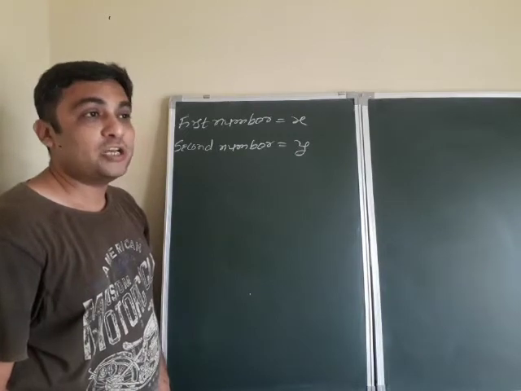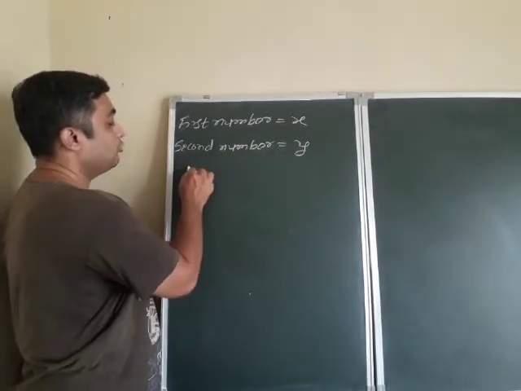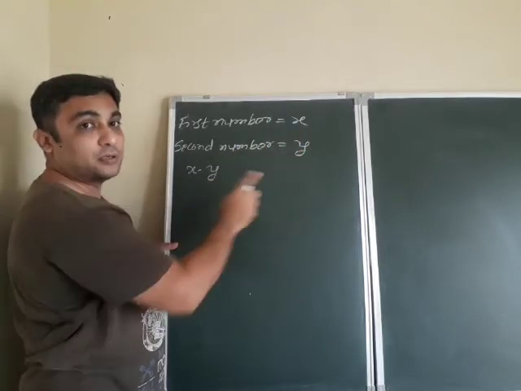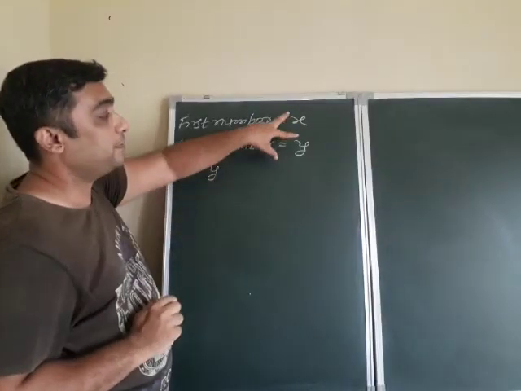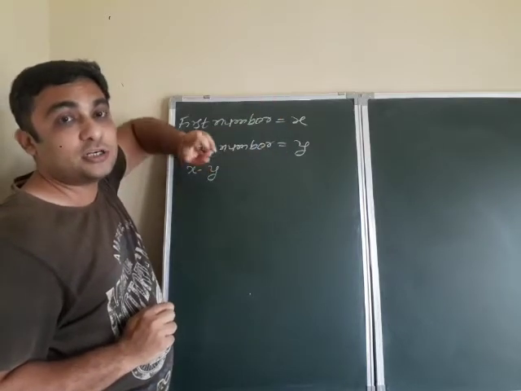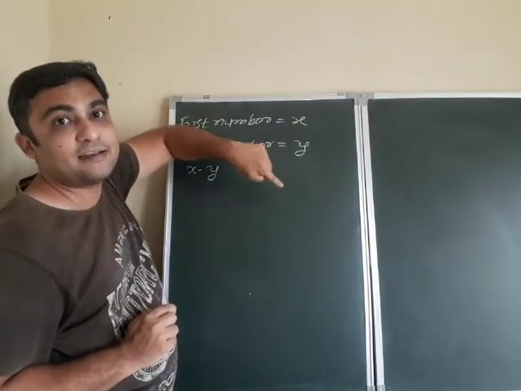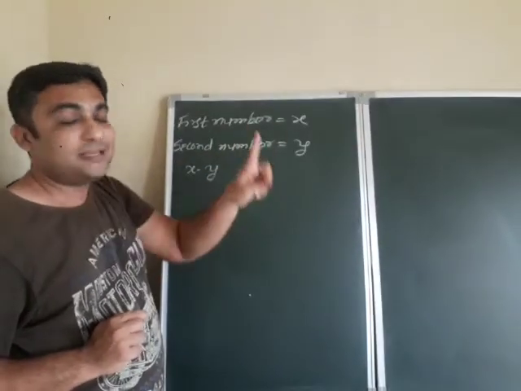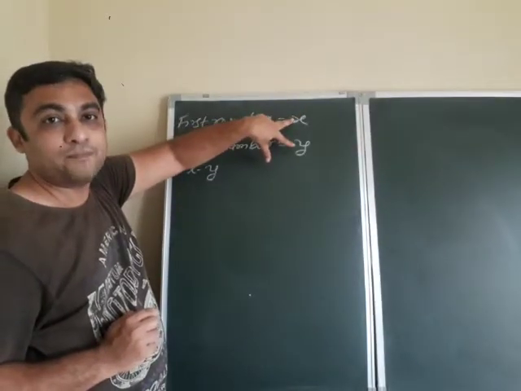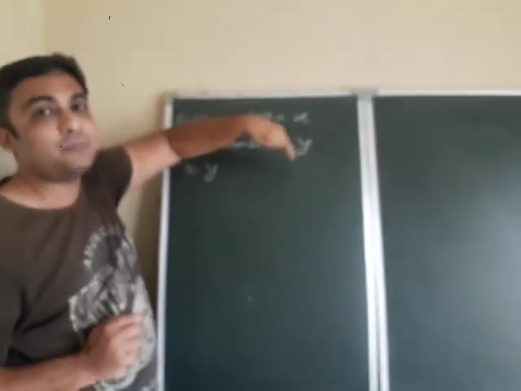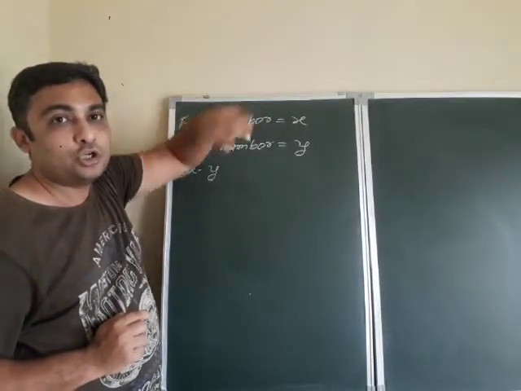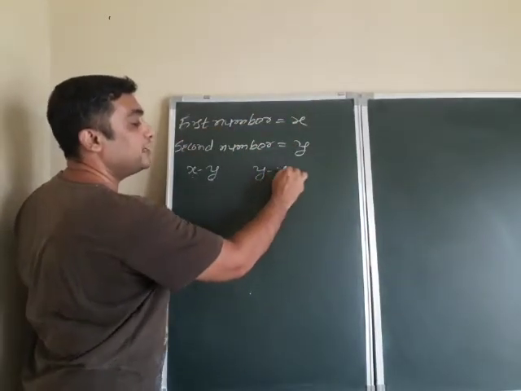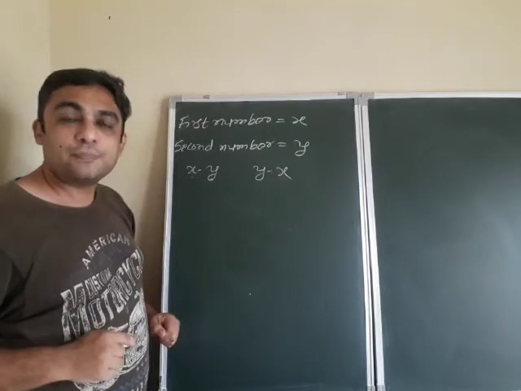Now let me clarify the difference of x and y. We have two differences. x minus y is also called the difference of x and y. Generally you believe it is the difference of these two numbers. See, they are not saying the difference of x and y. If they said difference of x and y, the first would be x and the second would be y. But they say difference of two numbers. Now you have assumed the first one as x. Maybe someone assumed the first one as y. So the difference of the two numbers means either it is x minus y or it is y minus x. This is called the difference of two numbers.